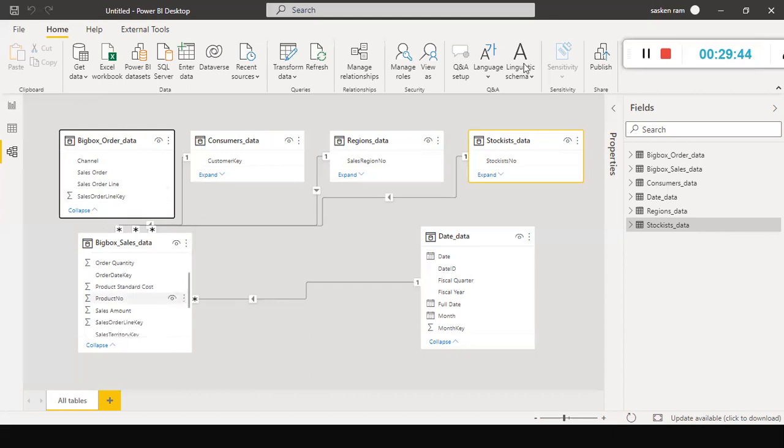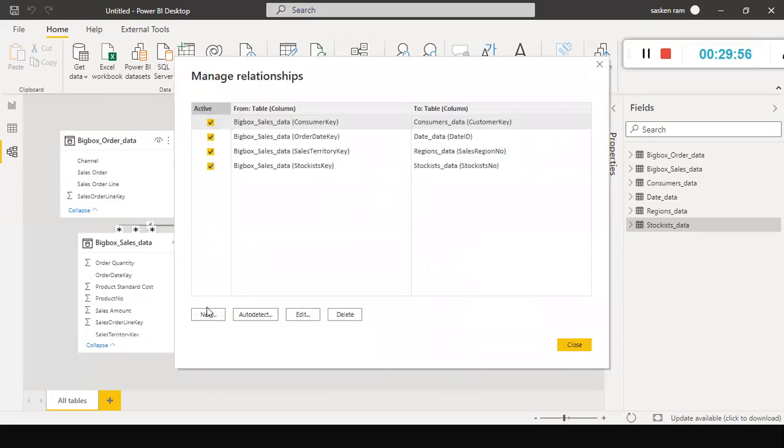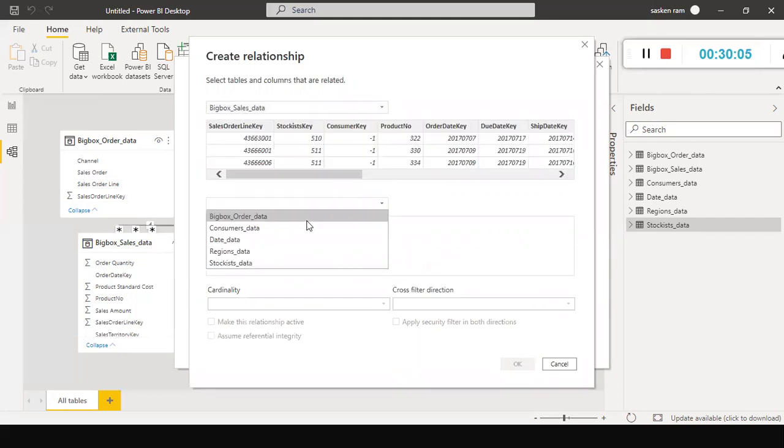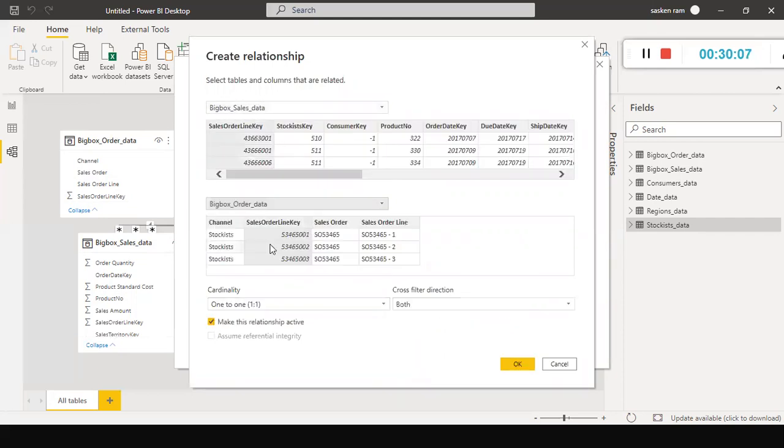But before that, the common column naming convention is not the same. So I just click on manage relationship. I'll click new here. I'm going to select sales data and here order data. For each order, only one record will be there in this table.